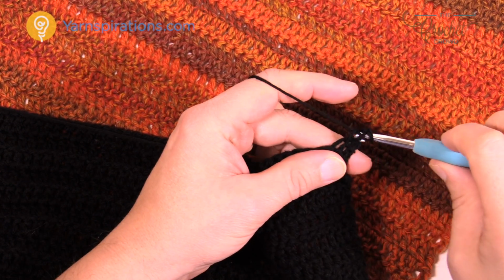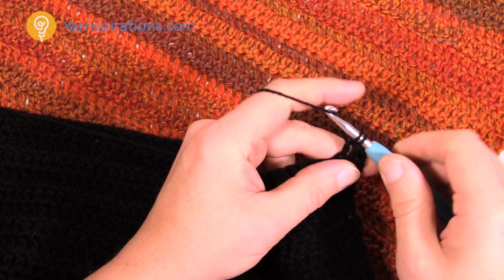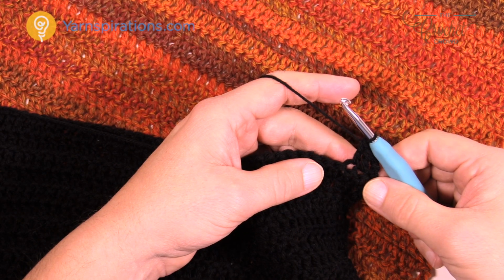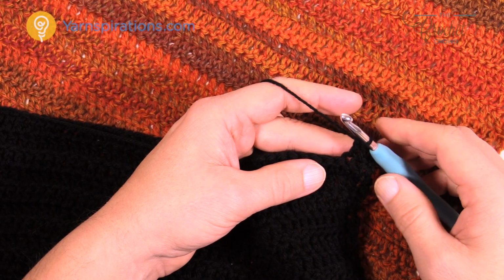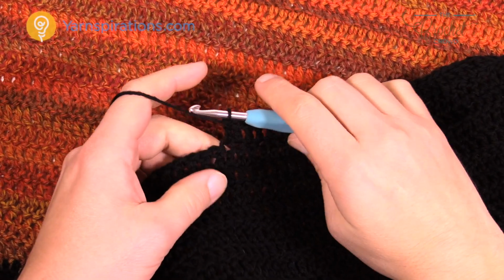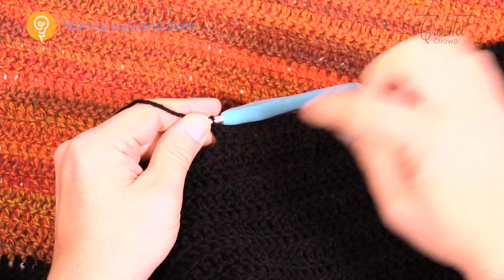So we start with the next one, so this is 1 and 2, and you're going to go all the way to the size. So if you're working on a different size, just look at that information here on the pattern and you'll see that. I'll see you at the end of that section, but don't turn it around because we're not quite done at that point. So once you get your set count number, mine was a total of 33 going across,